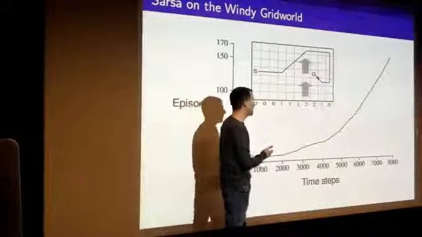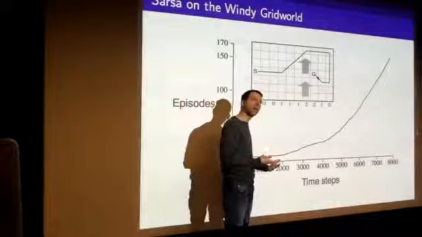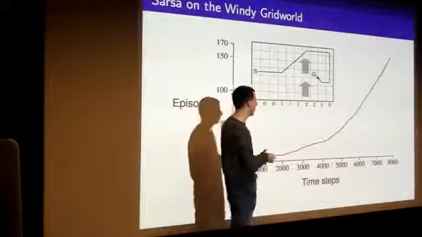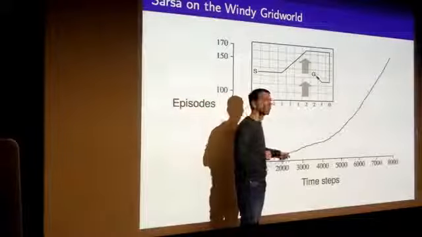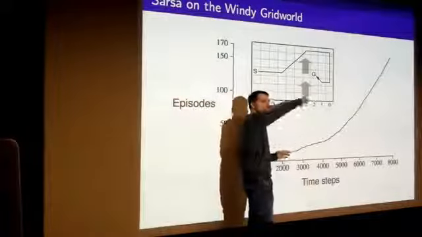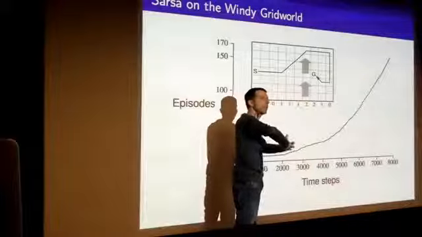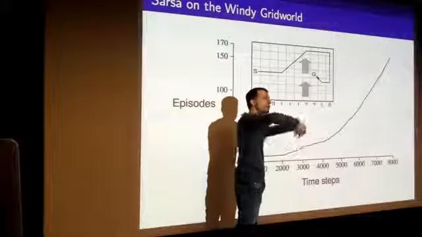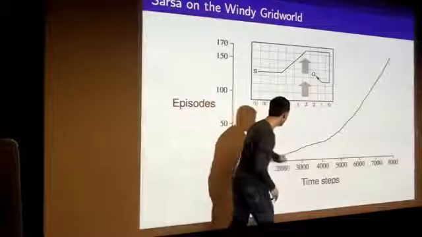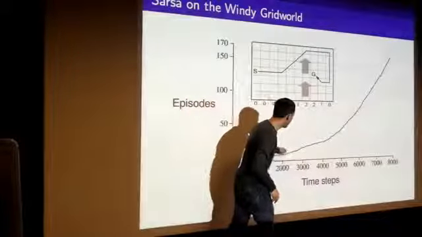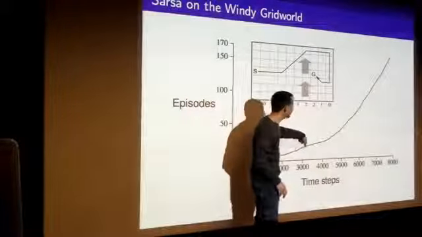But when it does, and this is really typical of reinforcement learning and these generalized policy iteration algorithms, the very next episode, it does much, much faster, and you get these exponential increases because once it learns some knowledge, it can bootstrap from that knowledge and do better and better as it starts to learn things. So it immediately learns faster and starts to complete episodes at a much faster rate now, until